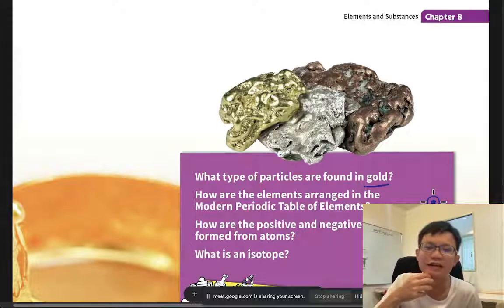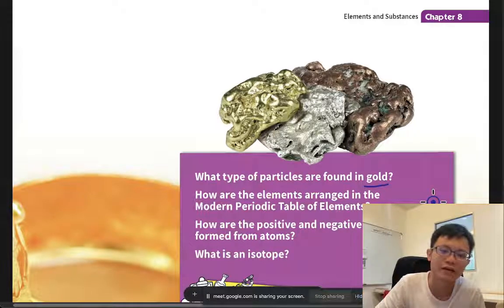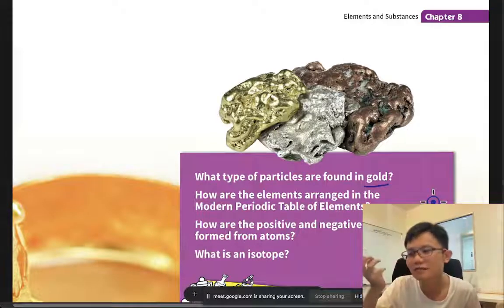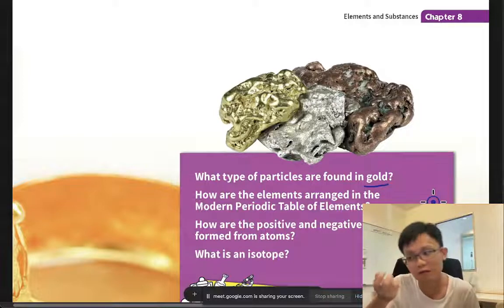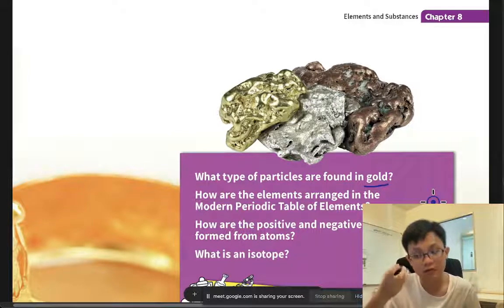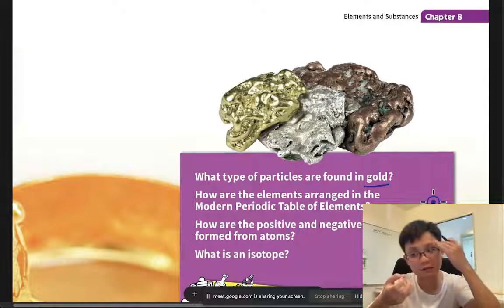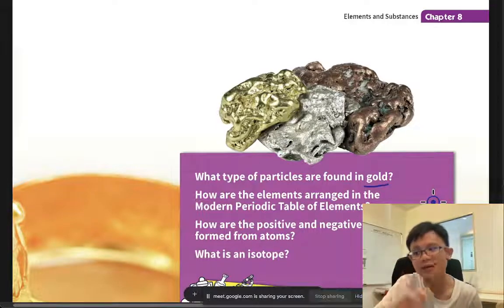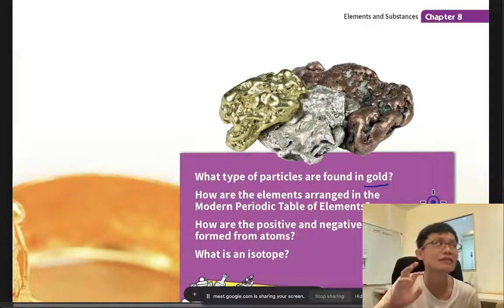Actually, it's very funny when humans think something has value, because actually it's just a stone. You take a river stone, the river stone is also beautiful, but people are not going to pay money for it. But if you take gold, people pay money, because we think it's valuable, number one. Number two, it's very hard to find. The stone is easy to find, but the stone is not an element. The stone is a compound.